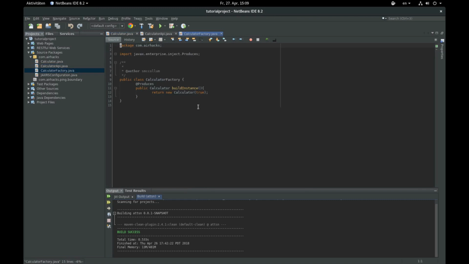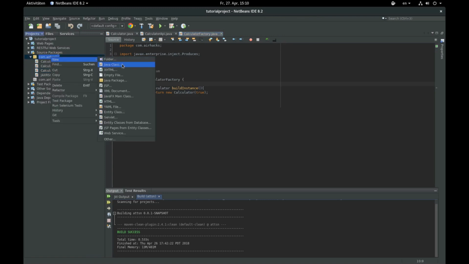Now, what we did last time was we did produces, calculator, build instance, and we just did new calculator, and we passed in a boolean as to whether or not the request should be logged. Now we're actually going to extend this a little bit. So we're going to create,